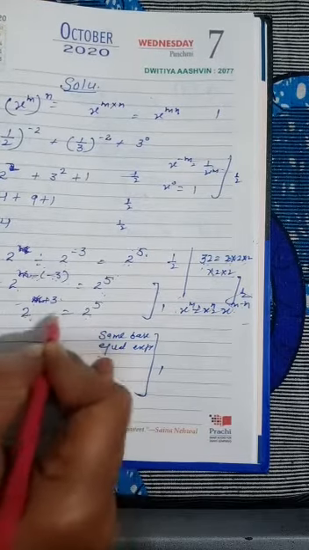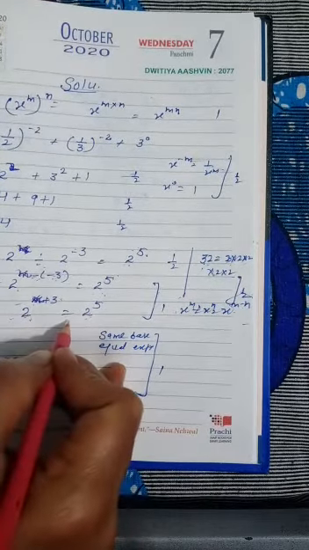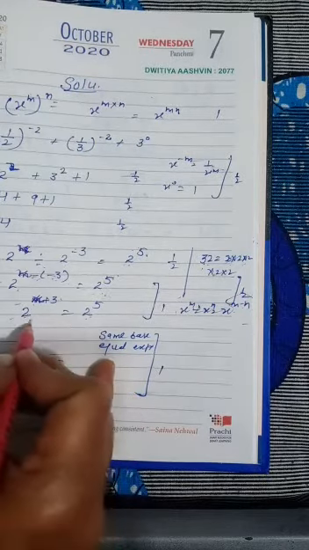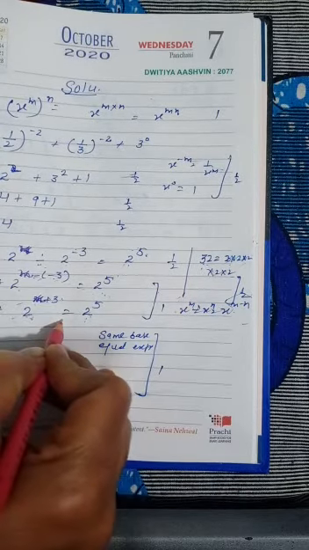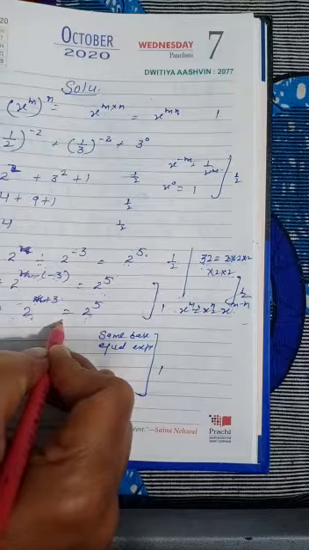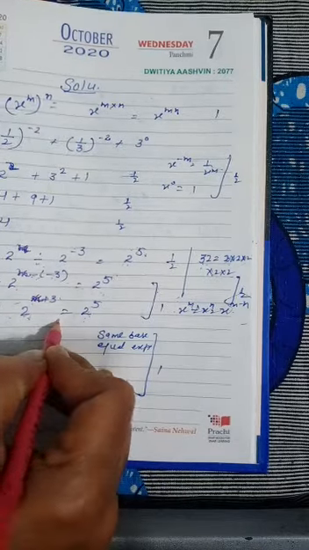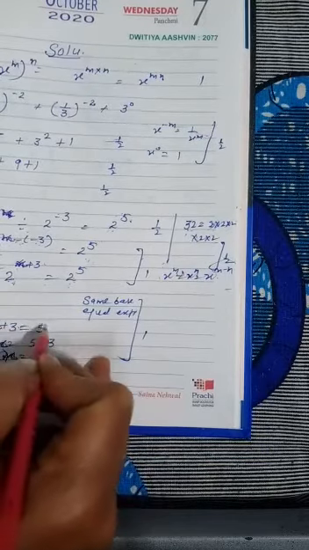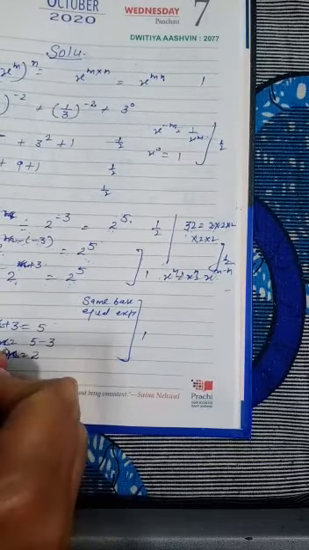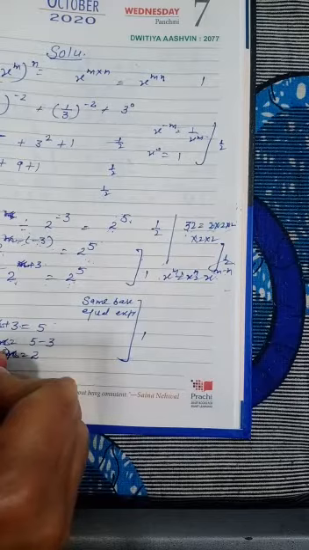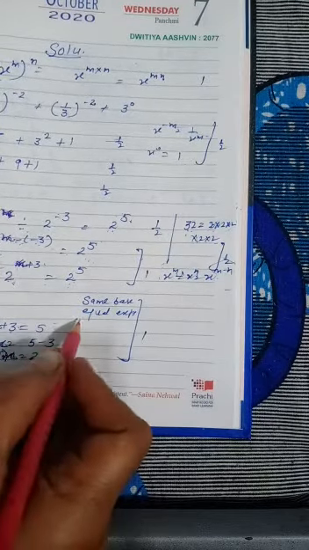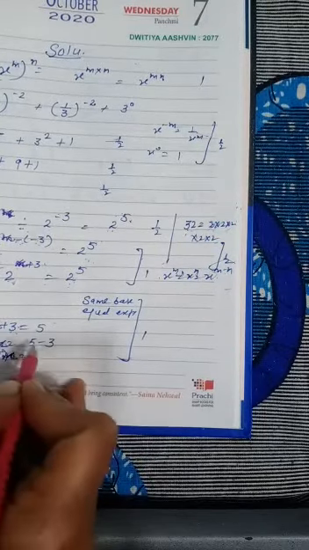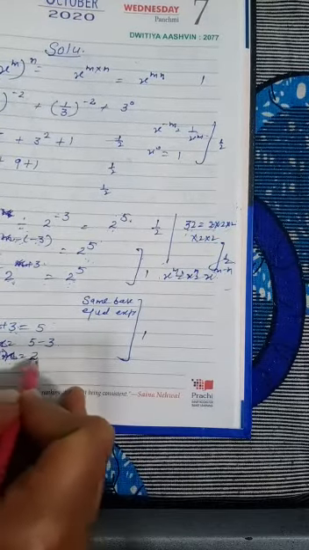Now just equate, see, both have the single base, that is 2. Okay, if the bases are the same and the sign of equality is there, we can say that their exponents are also equal. So we are going to equate their exponents. Now the exponents will become x plus 3, that is equal to 5. From this we can solve how to find the value of any variable, just by changing the position of the constant term. Here 3 is the constant, we are going to shift it to the right hand side, and as the sign given is plus, it will change into minus. So the value of x is equal to 2.